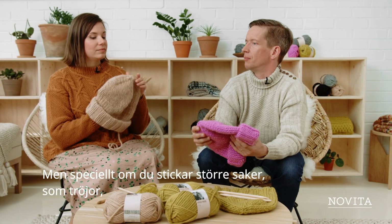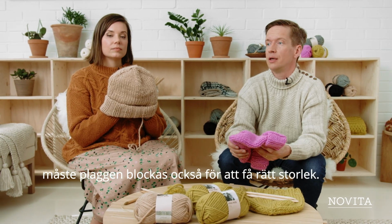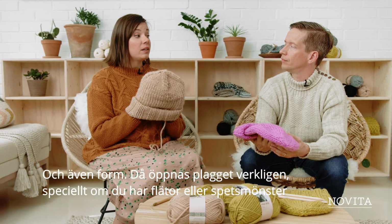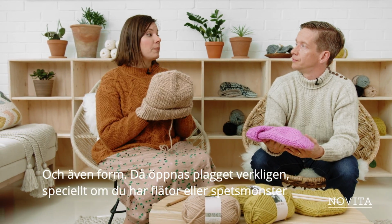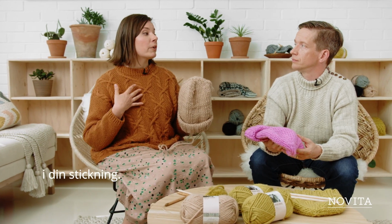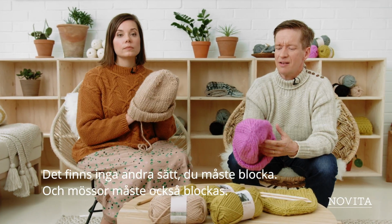But especially when you're making larger pieces, say sweaters or so, you really need to block just to make them the right size. Yeah, and the right shape as well. And it really opens up the stitch pattern really nicely, especially if you have something cabled or laced. Yes, there's no other way actually. You have to block it. And you have to block